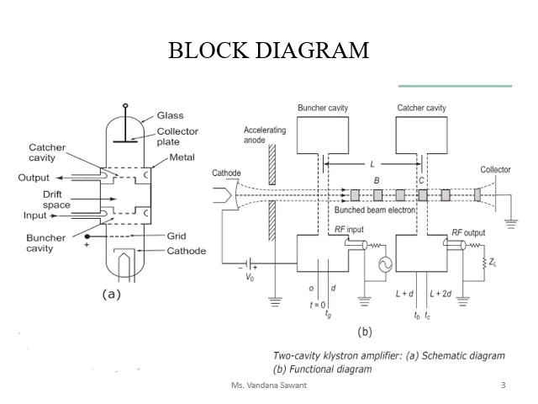Initially, if the electron leaves the buncher cavity, at that time the RF signal is having a positive half cycle. By the time it reaches the catcher cavity, the RF signal has changed to its negative half cycle. So, whenever the electrons are moving from the positive half cycle to the negative half cycle of the RF field, at that time here in the catcher cavity, there is no acceleration of electrons, and as there is a negative half cycle,